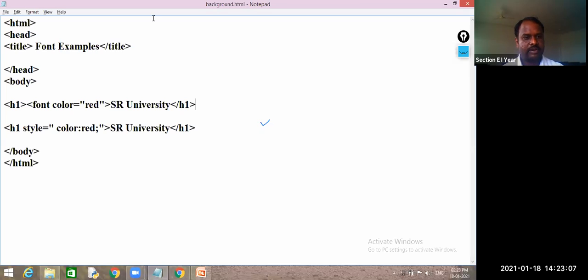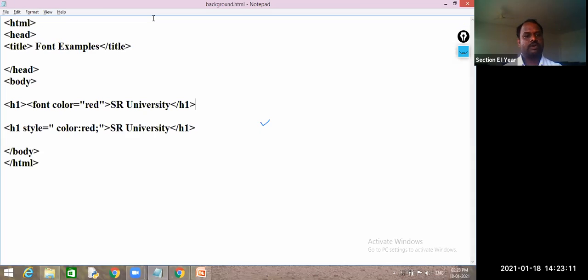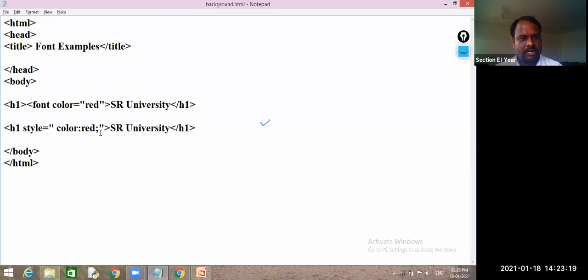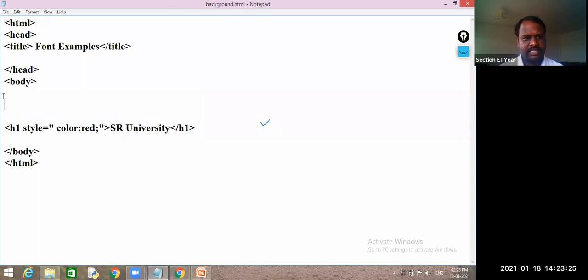This is the way you have written. So the same response you have seen. I already said this in a previous class. So now this is the way you need to change the color. This is a very simple thing. We have learned only the basics of CSS.